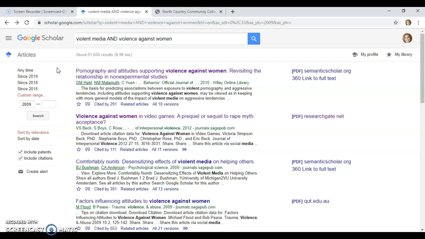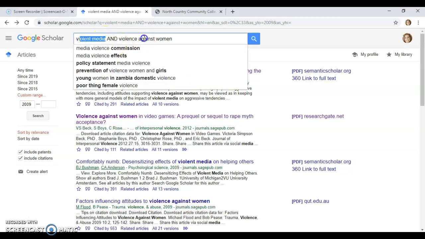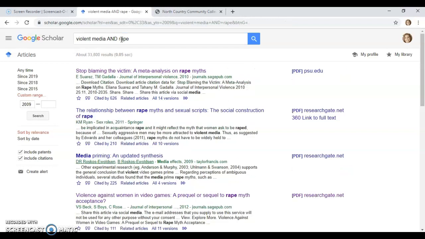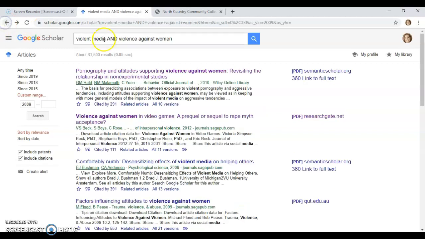Now, what we want is to make sure to put in here the last 10 years, okay? And I'm going to put in my variables. So I put in violent media and violence against women. I could have put in violent media and rape. You just try out a bunch of different things to see what comes up. So instead of violent media, if I'm not finding what I want, maybe I put in violent video games or violent movies or